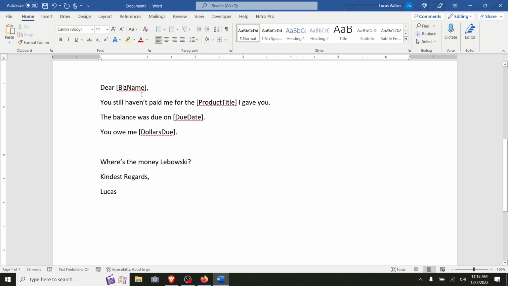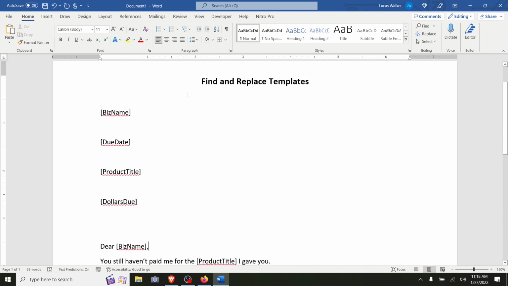I find it can be really time intensive to have to open this up and click and type and click and type and click and type. It's very specific and clear. You have to remove the spaces, make sure the period matches up. So for types of templates you have to use over and over again, I use this find and replace type